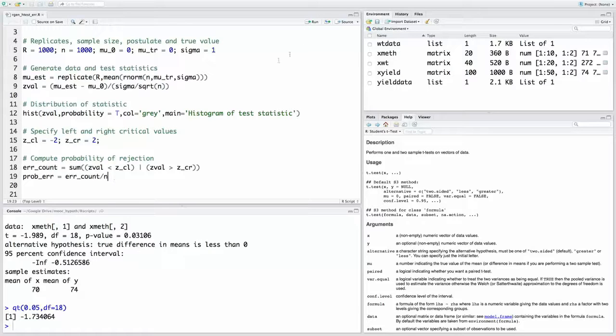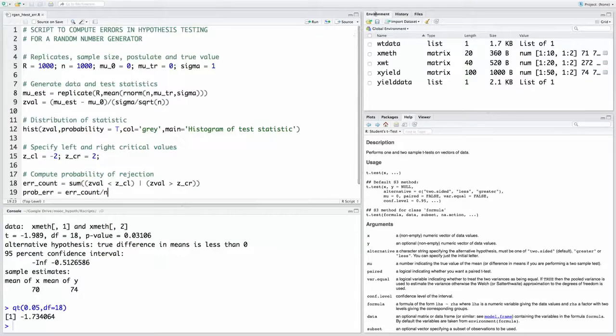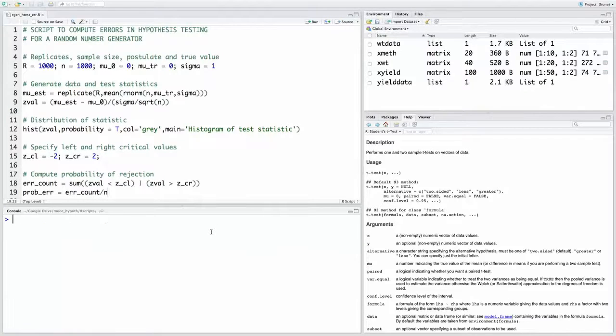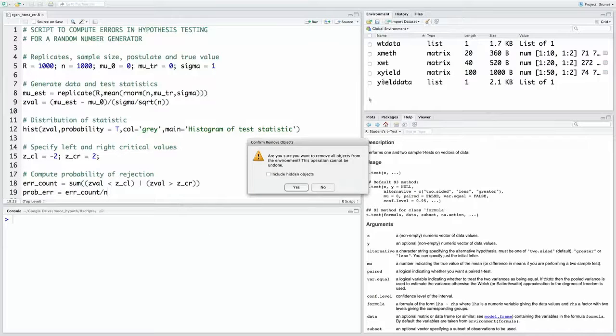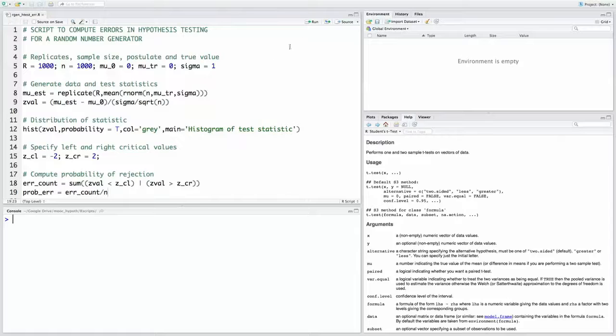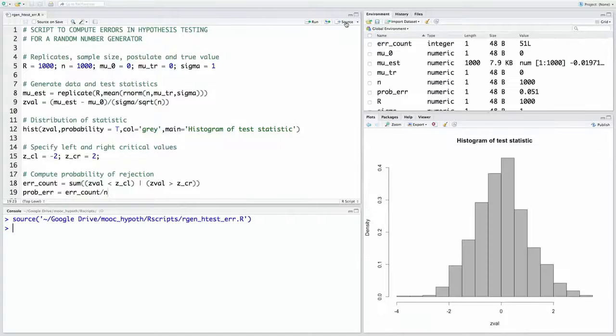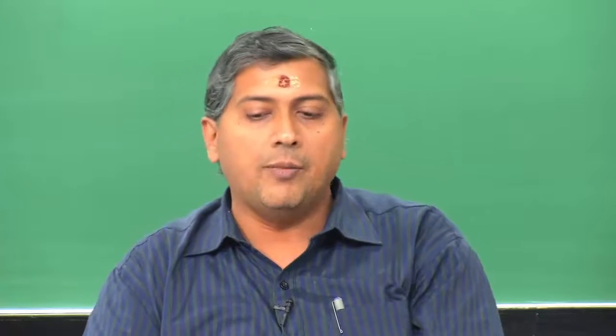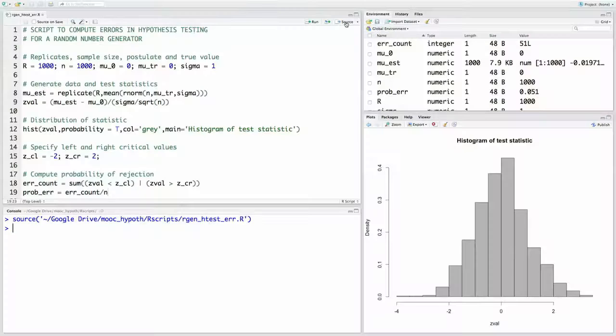So, let us run this source code and see if I can calculate this. Let me actually clear all the variables in the workspace. I have done that. Let me run this, and what I see on the right is a figure which shows the histogram of the test statistic that I have computed from repeated experiments through the replicate, and it shows a Gaussian distribution.